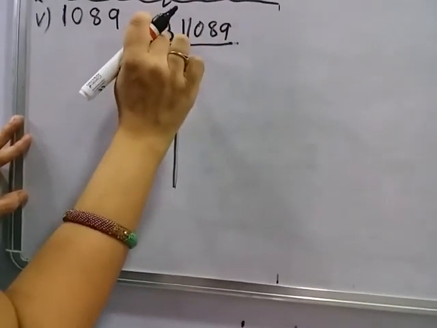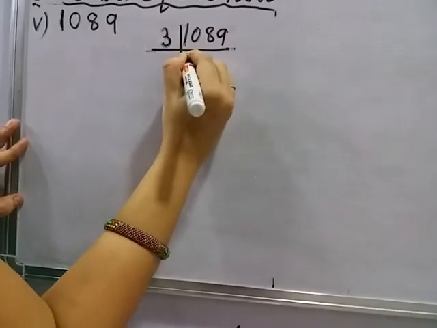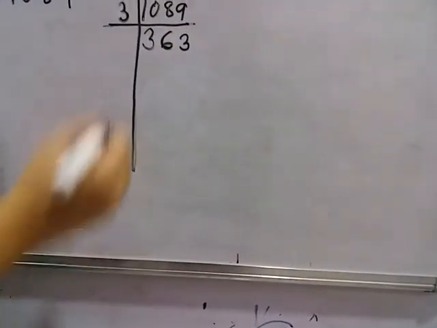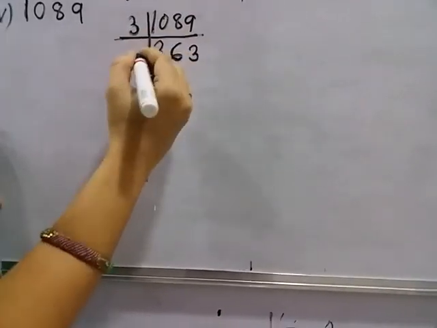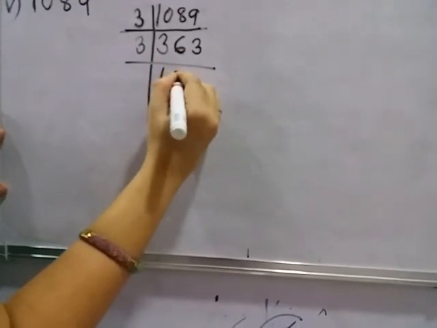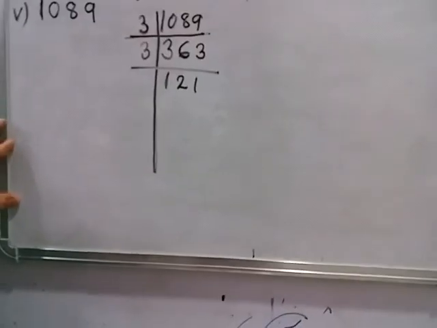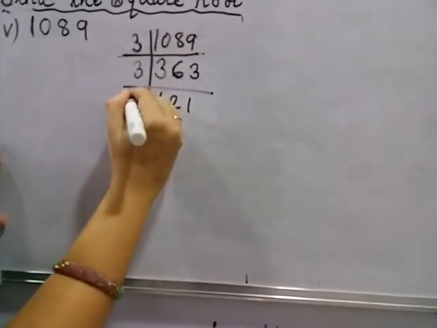So what is the answer we are going to get? 3 3s are 9. Okay, 3 6s are 18. And then 3 3s are 9. So we got the answer 363. Again, I think it is divisible by 3. With a look at the number, we understand it is divisible by 3. So what is the answer here? 121. Student, you know 121 is a perfect square of which number? Yes, it is the perfect square of number 11.